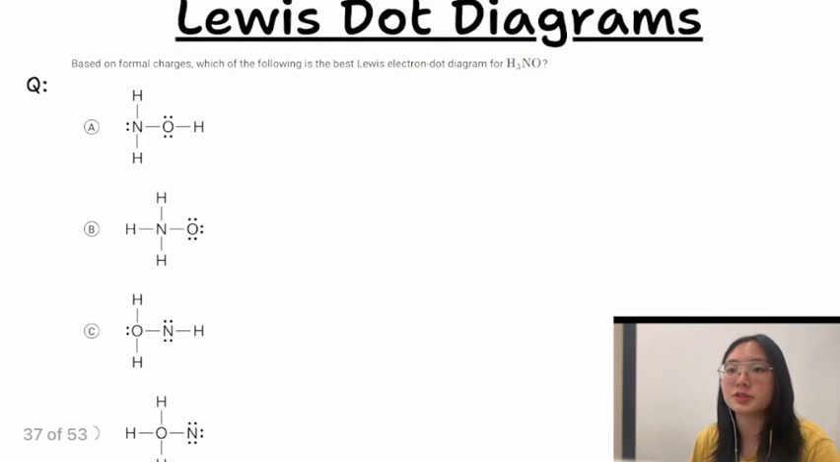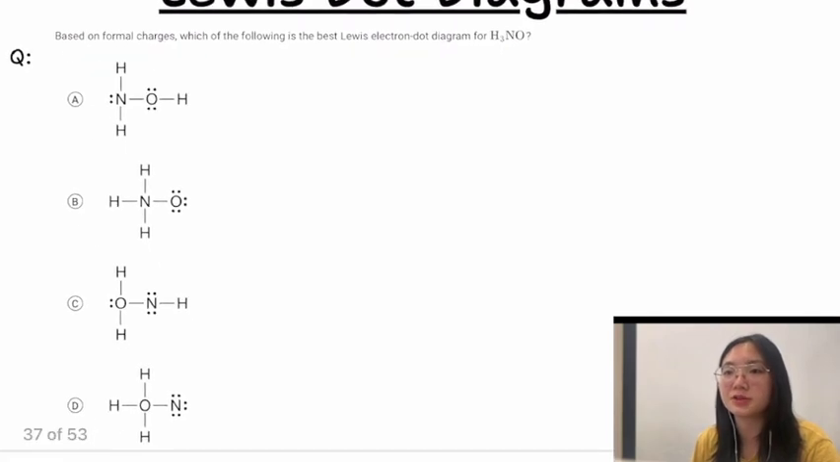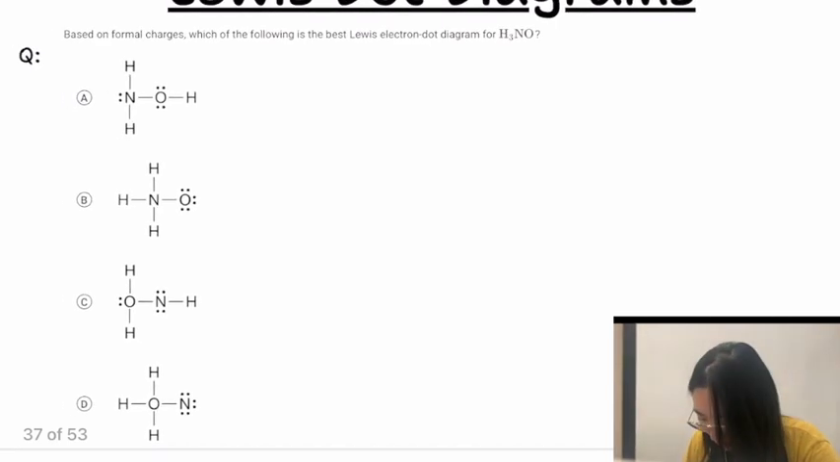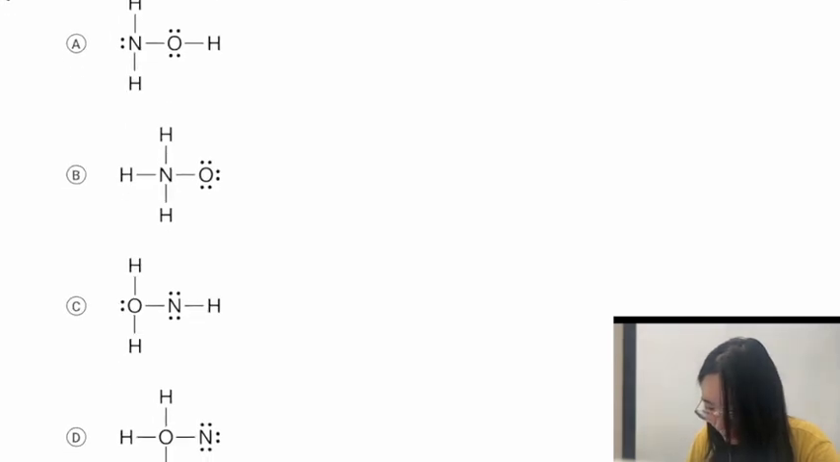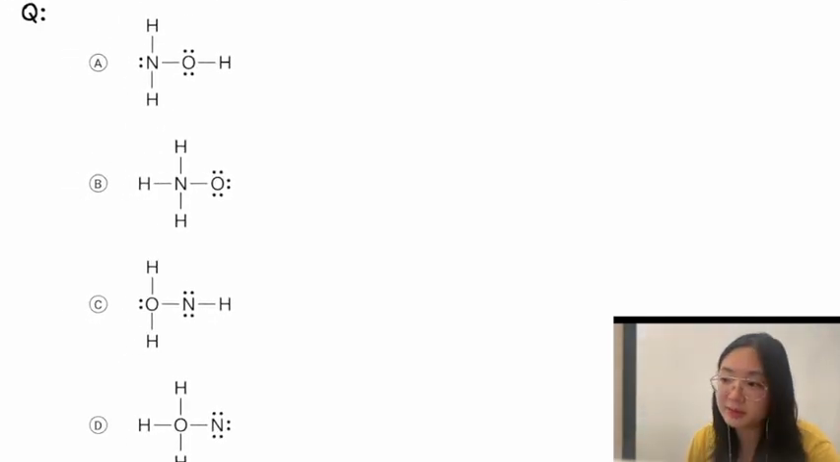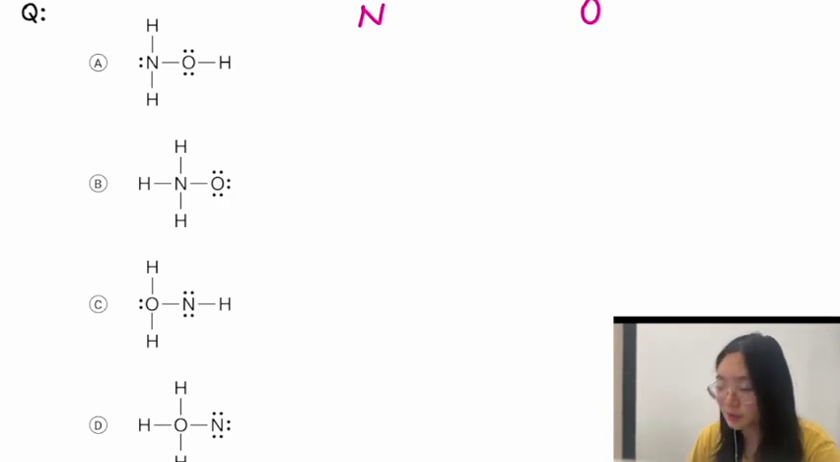Based on the formal charges, which of the following is the best Lewis electron dot diagram of H3NO? Okay, so H3NO, again, we will have to calculate the formal charge. I am a little bit lazy, so I'm going to pay attention to nitrogen and oxygen specifically. For nitrogen and oxygen, if I calculate the formal charge, then in A, the formal charge of nitrogen